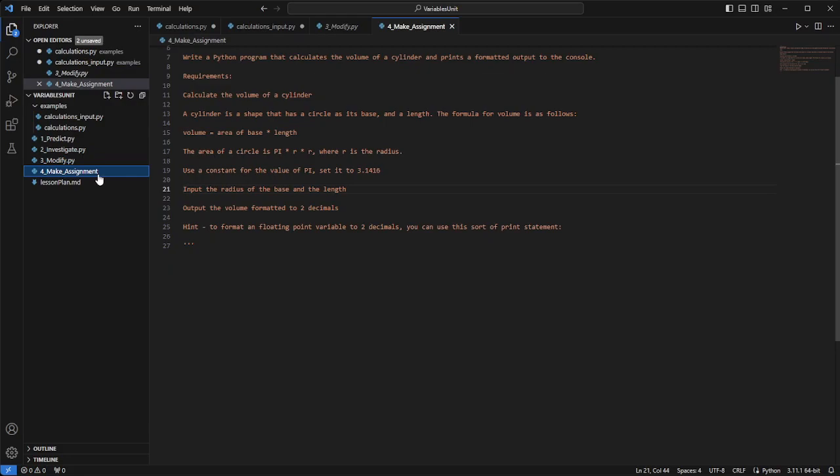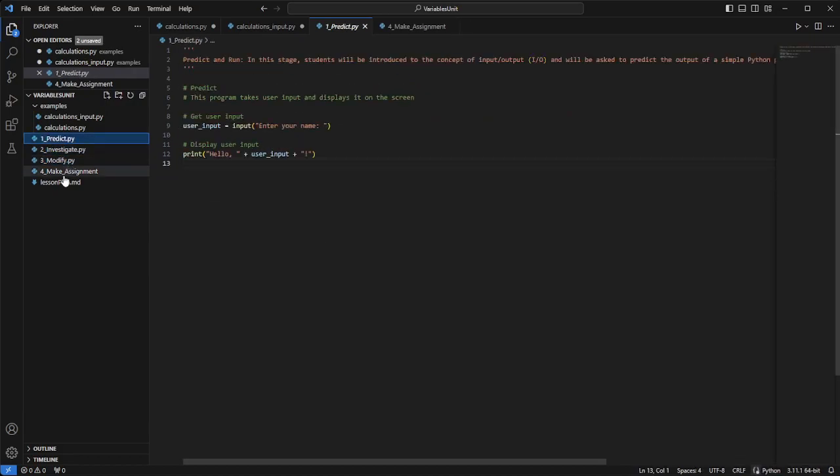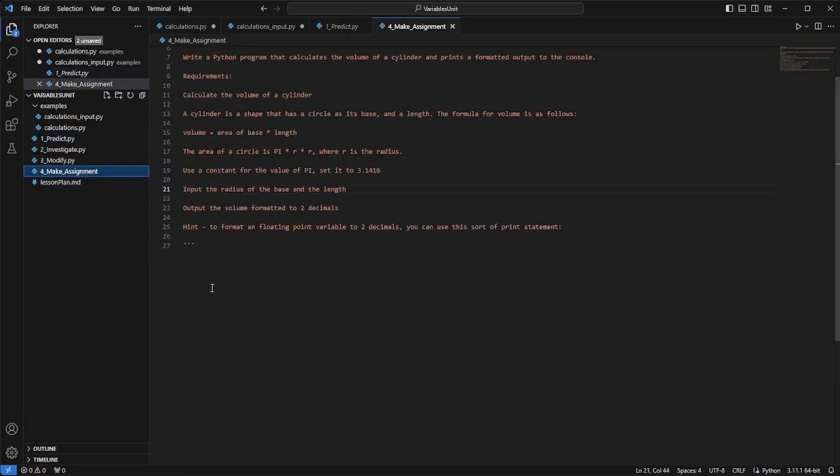And then last we get into our assignment. The assignment's pretty straightforward: you're going to calculate the volume of a cylinder. Honestly, you have everything you need to do that right here. Then you'll write the program down here, and maybe with a little documentation, either you can replace this block,